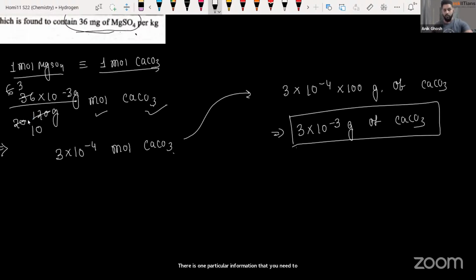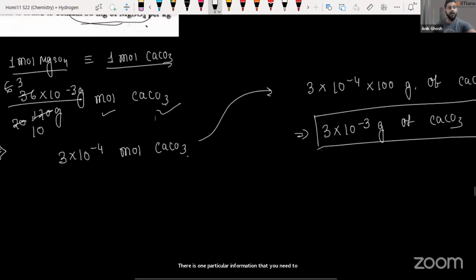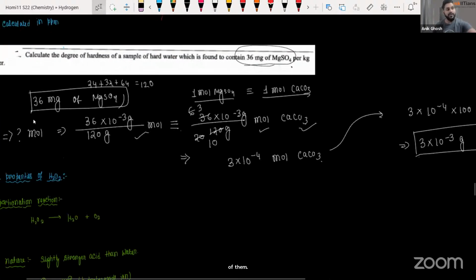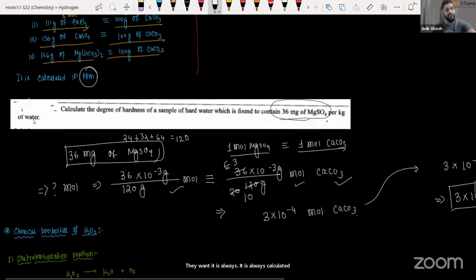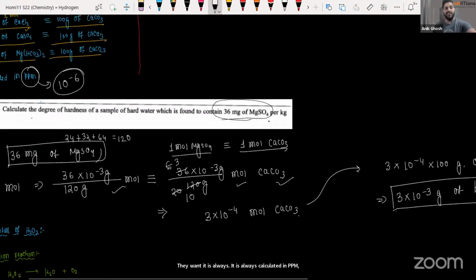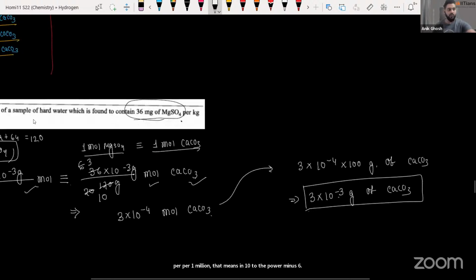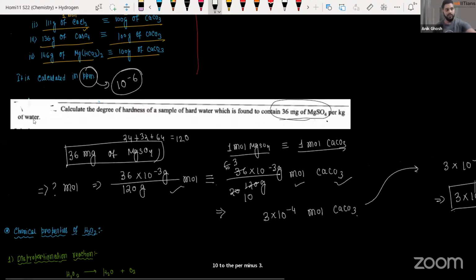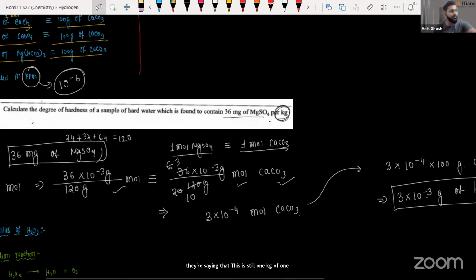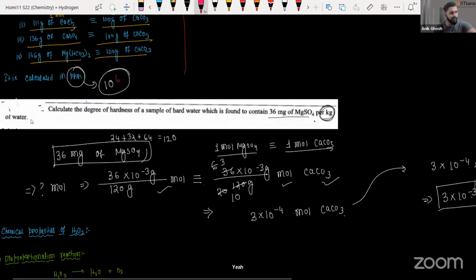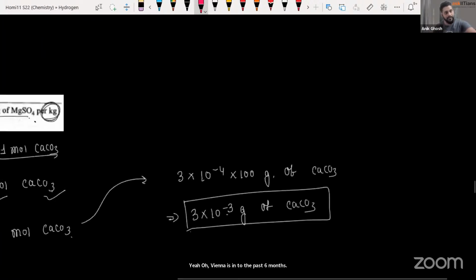When they are asking you about the hardness of water, it is always calculated in ppm, parts per million. That means 10 to the power minus 6. Now, guys, if you look, they are saying that this is there in 1 kg of water. Million means 10 to the power 6, no? So they are giving you in per kg. That means these many grams is there in